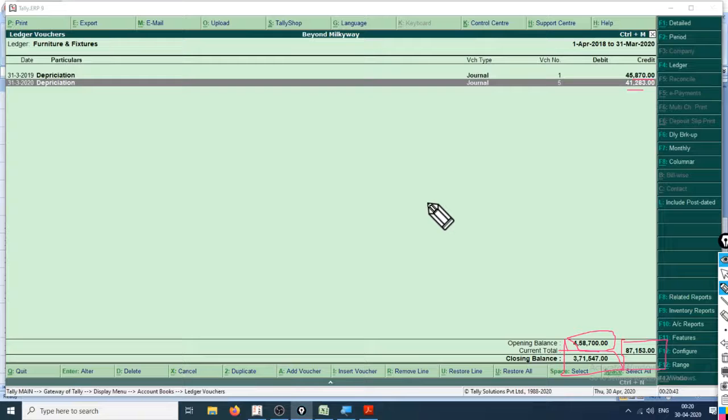But this entry is not correct because we have not considered the value of this addition, so this should be increased. I'll show you. Alt U, Alt U. As the new value of the asset was, I'll tell you, 458,700 asset came in,